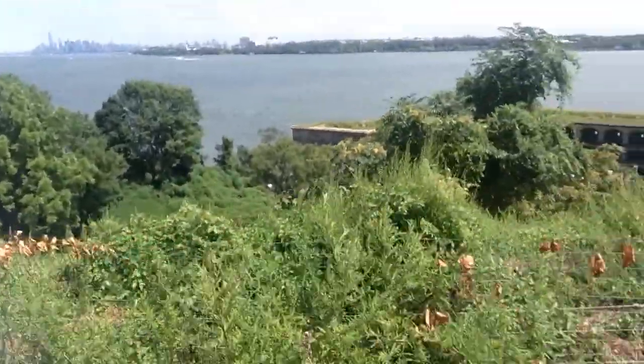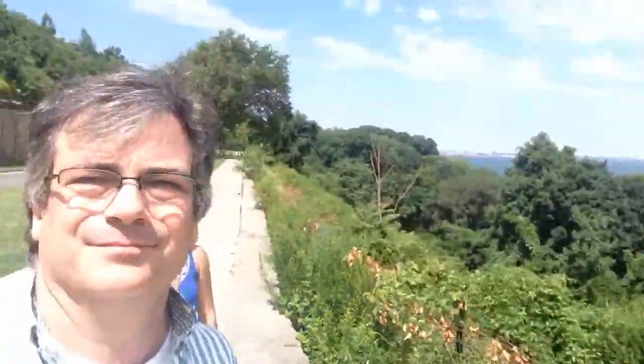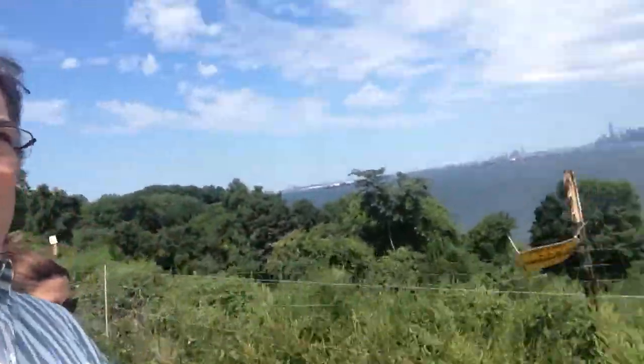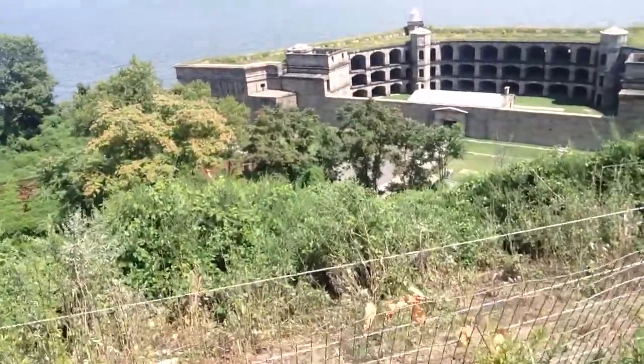And what else did you learn on the tour today? Oh, we learned a lot. We went inside the fort. If you come here to Fort Wadsworth, it's a national park, so it's all free. You just park your car. The tour starts at 11, and they take you inside, and it was really awesome. And let's see if we can get one more look at the...